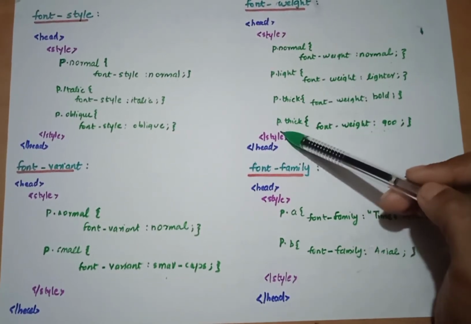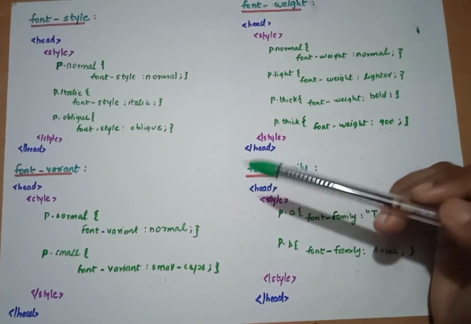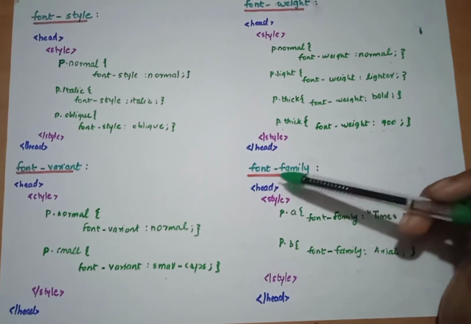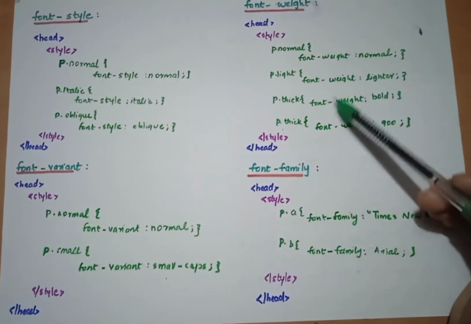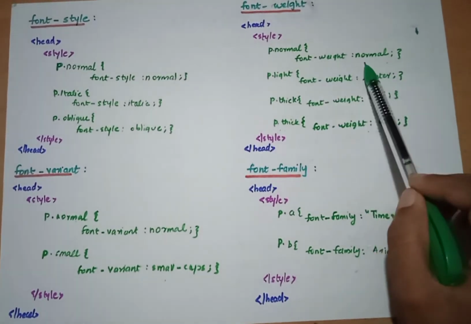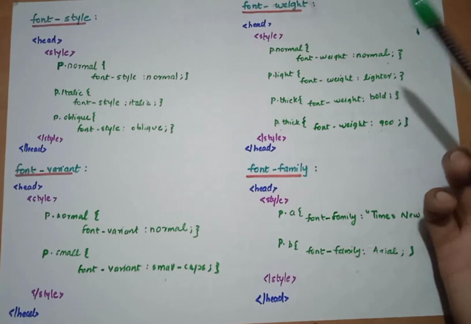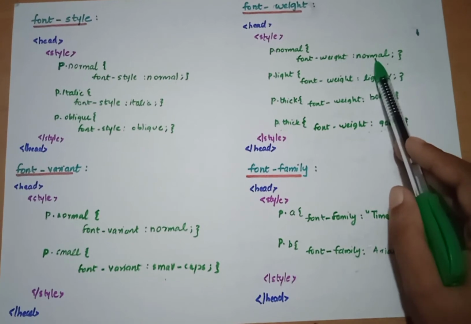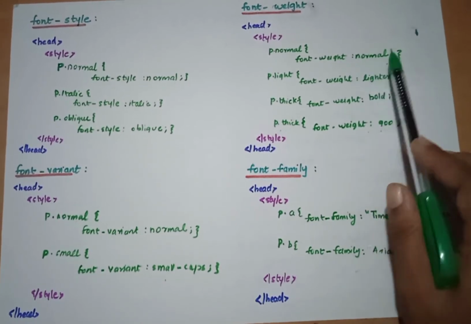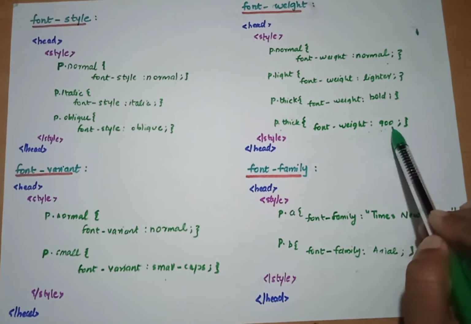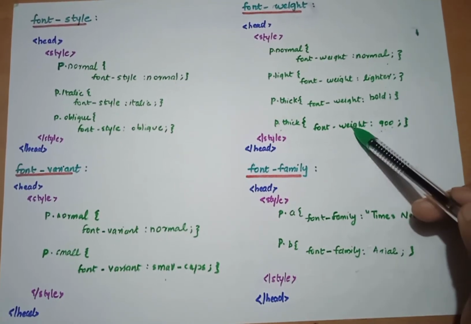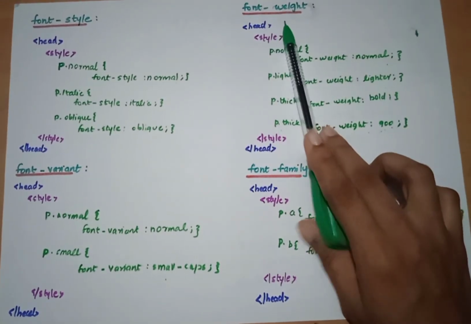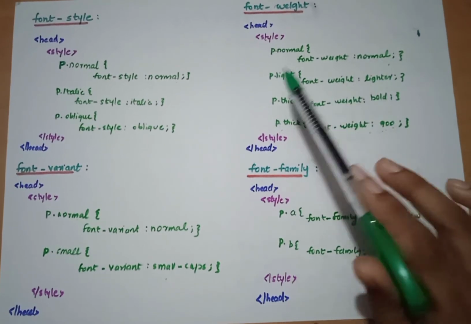So you also want to define 4 different paragraphs with some sentences inside the body tag, and you can see how these all work. Font weight normal implies the normal form that we always see in our simple cases, and when we change this into lighter, bold, and also some values, you can see how this varies or is distinct from one another. So that's how font weight has an impact on these CSS properties.